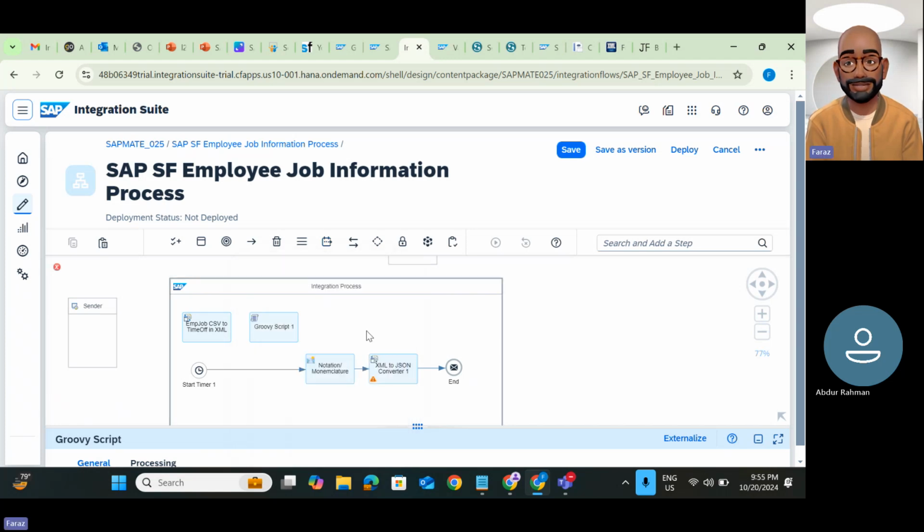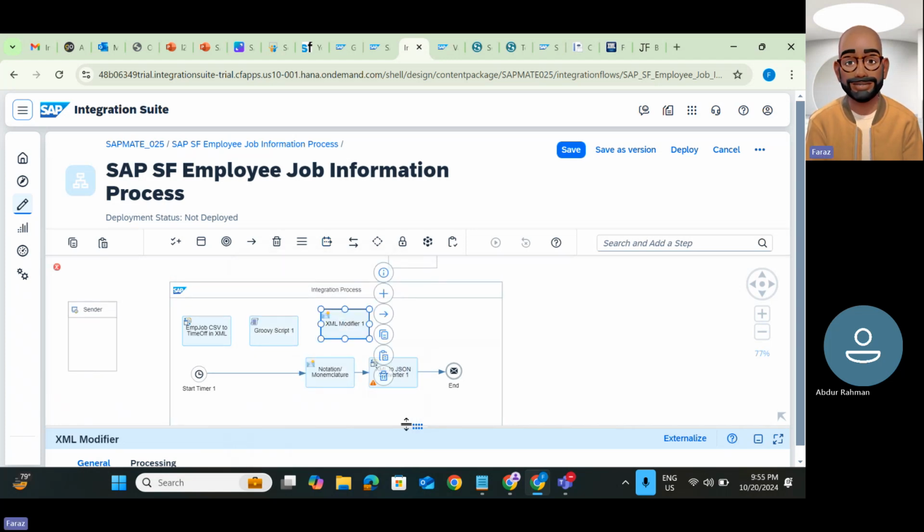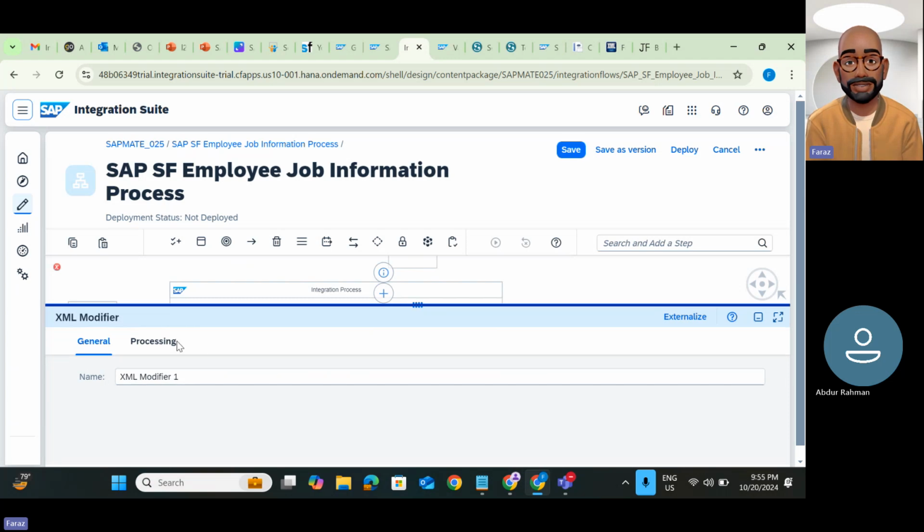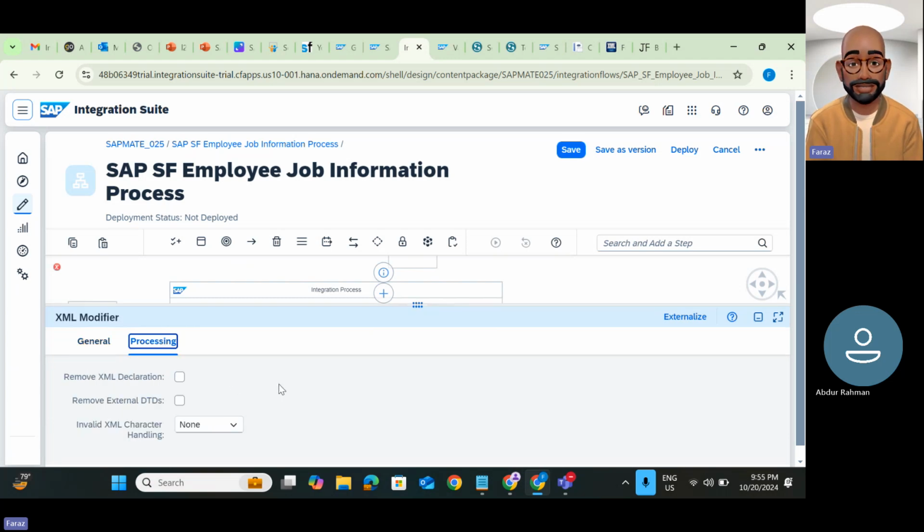XML modifier. This is very helpful. If I'm getting an XML payload in some other format, and I need to remove some XML declarations from that, then I can remove that. If I need to remove any external DTDs, DTDs meaning any headers or definitions which are not related,